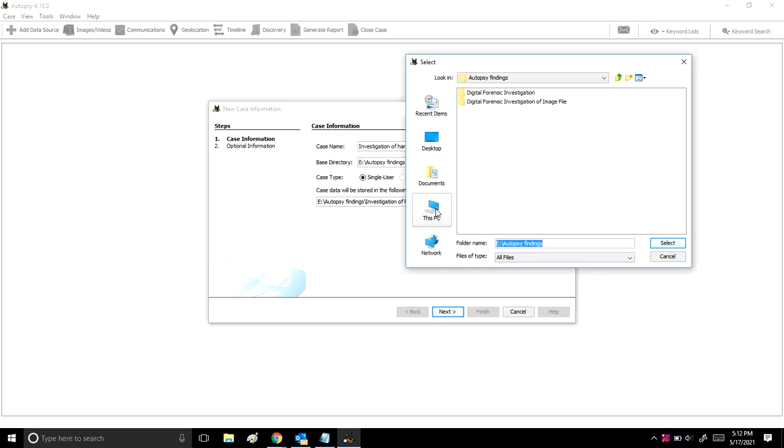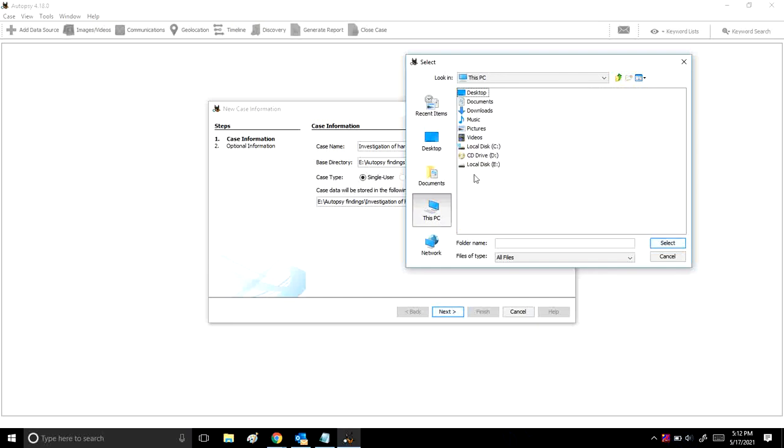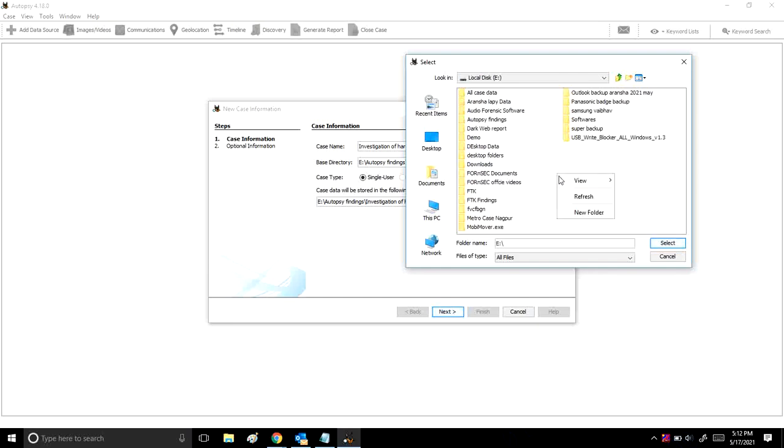So I'll store it in, I'll go for this PC, I'll go for local drive E, and I'll just create a new folder in local drive E, new folder. I'll just write it down, autopsy sample findings. So this will be the folder where our results will be stored.